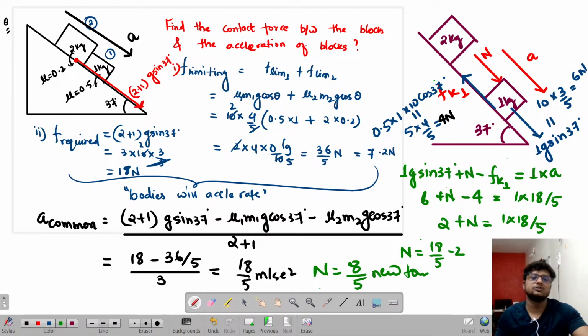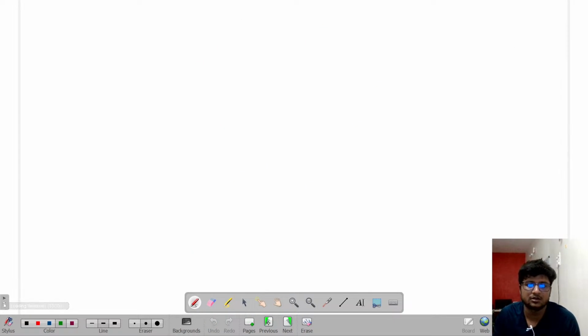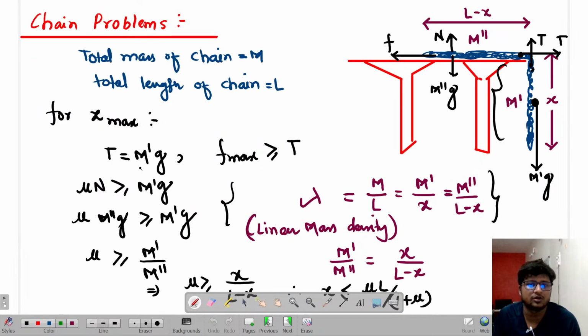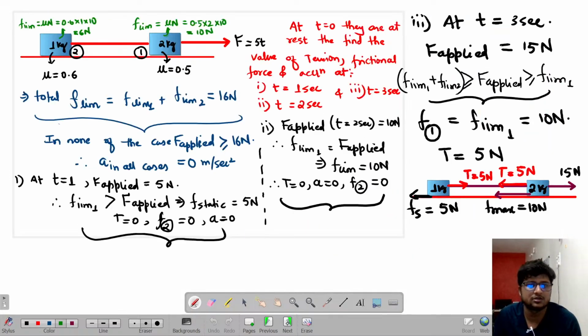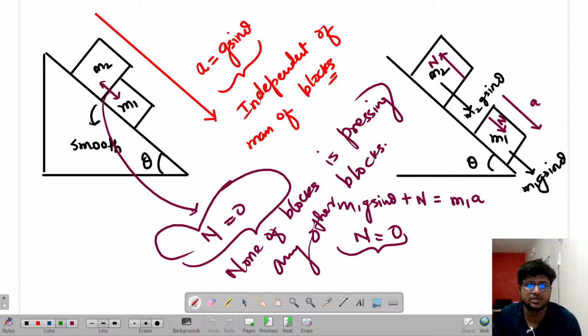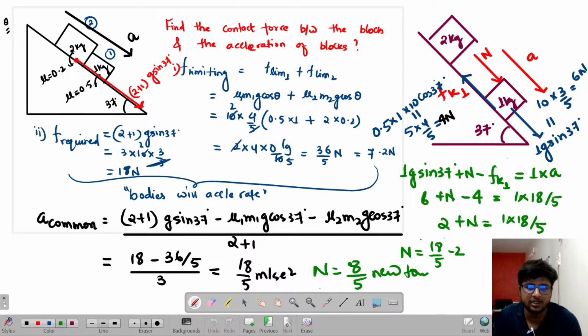Correct. So what we are going to do? Today we are going to keep it till over here. We did so many concepts, chain and all. One, two, three, all three different parts we have completed. Now tomorrow there is the last class of friction, where I'll come